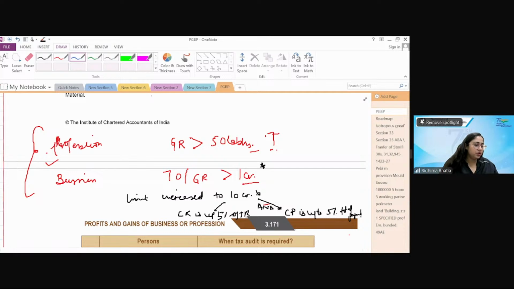Done. All things done. So this is it from me for today's class. Speculation transactions is there, which I can take up now, but I wanted to do it with a fresh